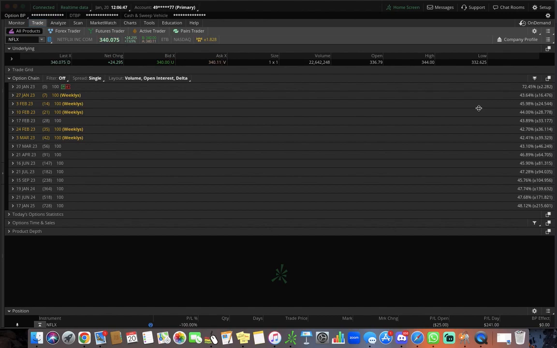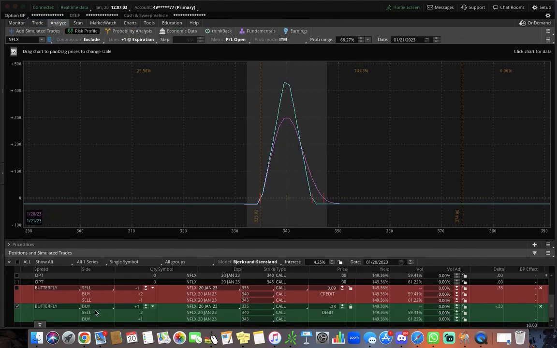But if you buy something where the IV is really high, and then there's an IV crush, like there has been today, down at 72, then that means that your calls now are worth barely nothing. And so when we go back now and take a look at the butterfly, you can see